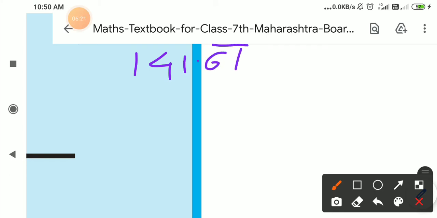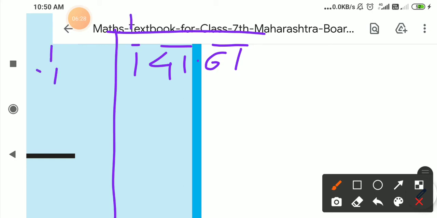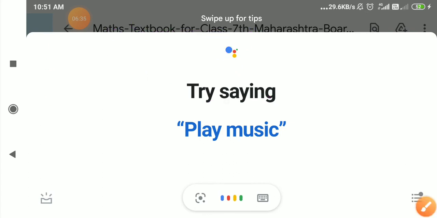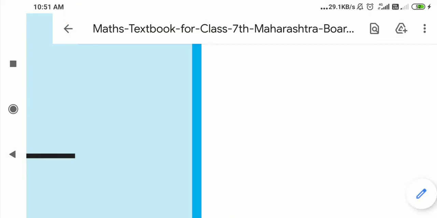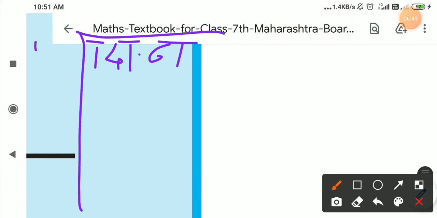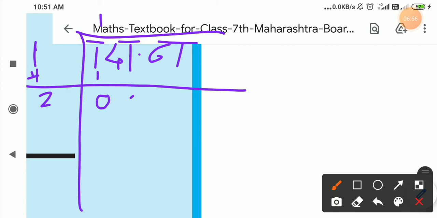141.61, we first have to make the groups of 2 2 and then draw this. Now first group, 1 square is 1, 1 minus 1. From this what are you understanding? 141.61, make groups first of all. Okay, 1 square will come here, here also 1, these 2's addition is 2, once here also we have to write, so 1, these 2 subtraction, 41 right here.